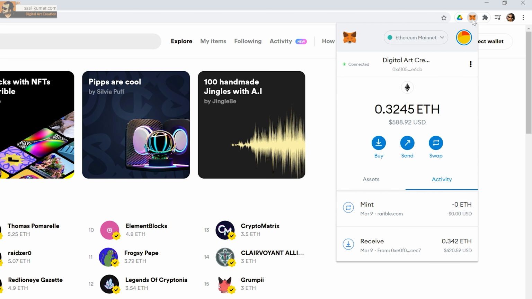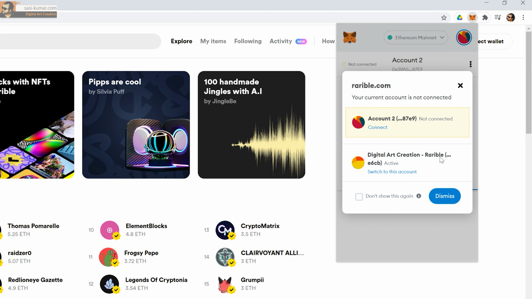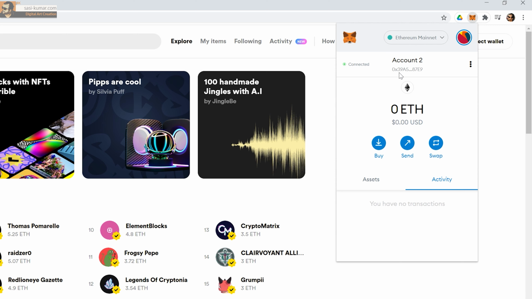So if you are connecting for the first time, since I already have an account in here, as you guys can see, I'm going to use a different wallet first. And there's not much difference. You can straight away connect. You will probably get a pop-up message asking for your age verification and stuff like that. So let's connect to our new wallet and see what will happen.